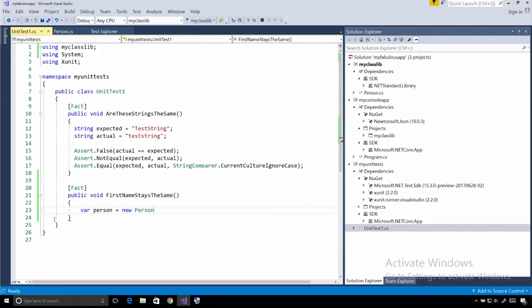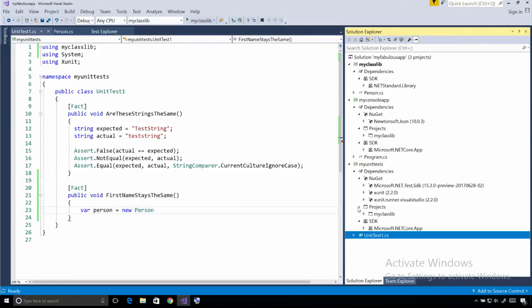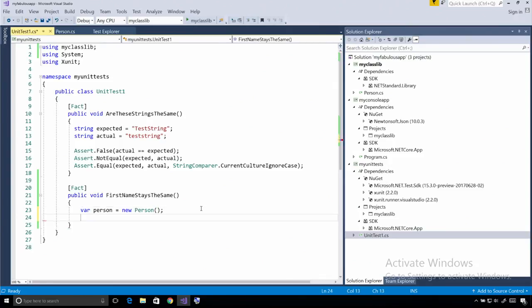Yes, explain that. All right, so first of all, it added the library to the projects. I did not have that open, but let me open it so you can see it now. So it added the library. That's what it said it was going to do. But it also quietly just fixed it, because I also needed a using statement. So up at the top where it says using my class lib, that actually wasn't there before, and now it's there. So now I can say new person, and this is just some C# syntax,